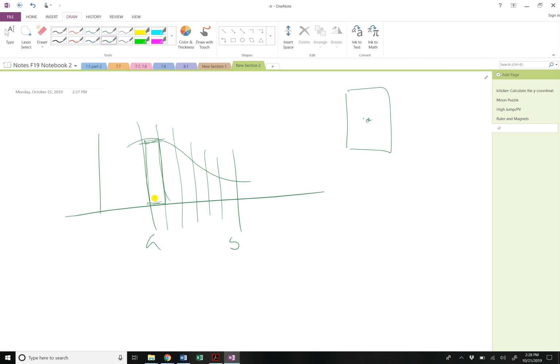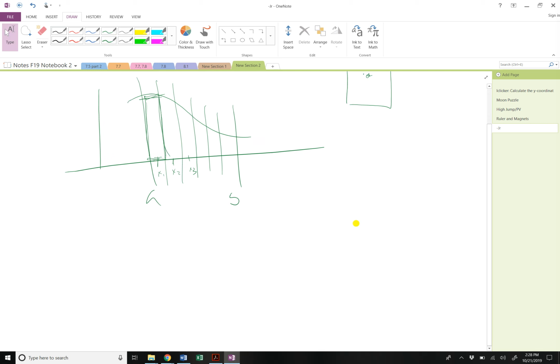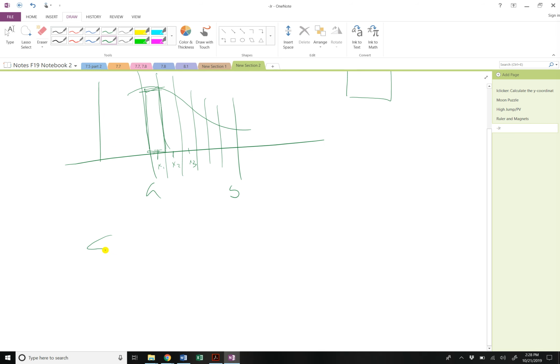And if we're thinking about where the x-coordinates are, the x-coordinate of each of those pieces is about the midpoint, right? So if you pick xi to be the midpoint, then it's going to be xi